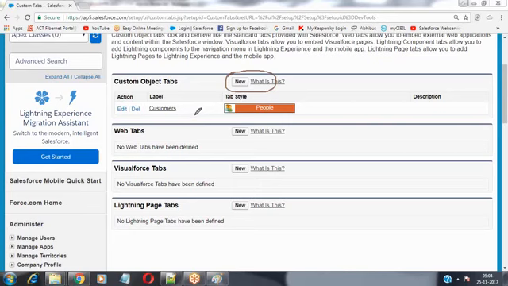We have already discussed that an object can have only one tab. Previously we created two objects in our last session. One is the customer object. For this customer object, this is the tab style that we have selected. And we created one more object with the name position. But for that position, no tab is available, so this object name is not yet listed. So now I want to create the tab for my position object here. So go to the custom object tabs section and click on the new button.